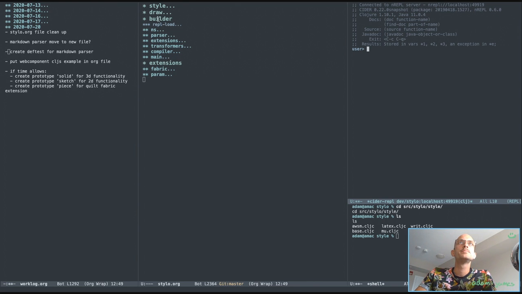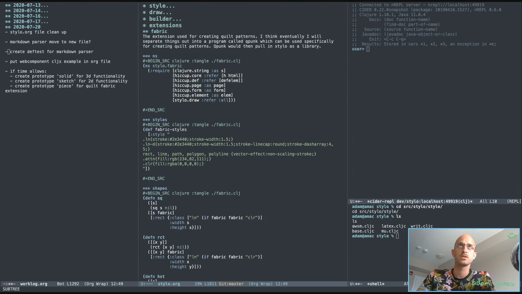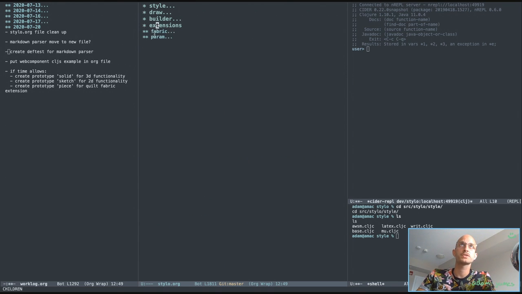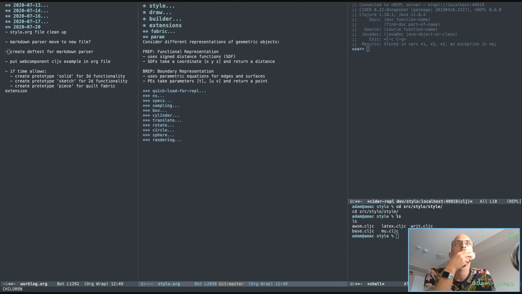Okay, so the builder thing kind of works, and extensions, these are works in progress. I'm tempted to move param into the draw namespace,